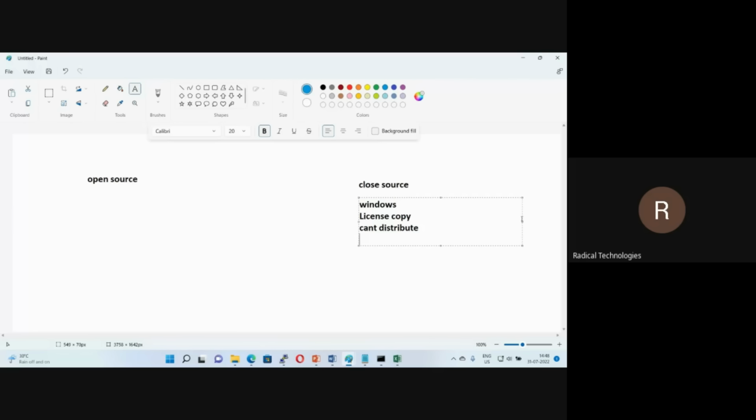And even, guys, we can't modify the source code. Let's say you are very good at C programming, and you realize that the code has some issue, and you wrote an email to Microsoft suggesting that you are very good at programming and you need to modify some code. Could you please provide me your source code? Can they provide you? No. That means source code is not accessible. And support is not free, guys. In case you are not using the license copy, and you have any issue with the operating system, and you go and log a ticket with Microsoft, are they able to support you?